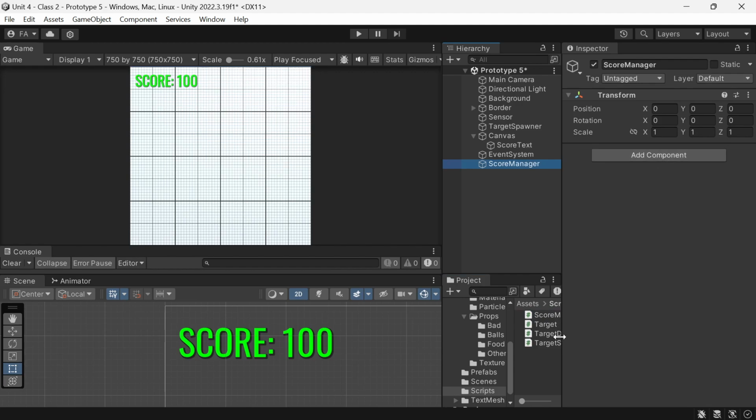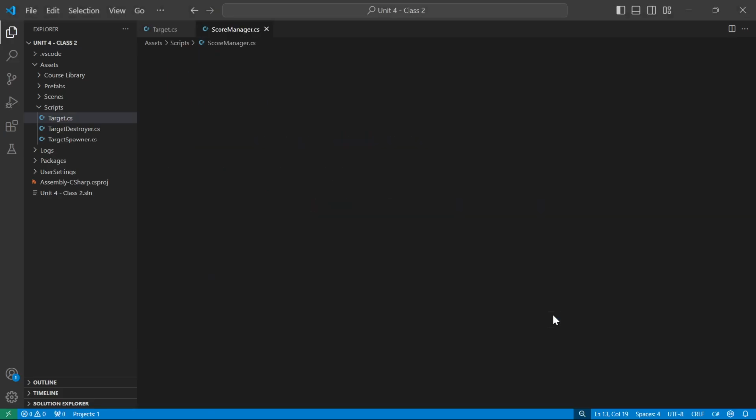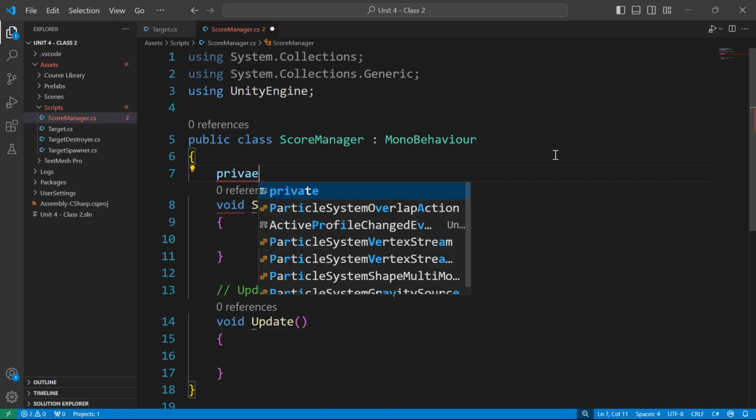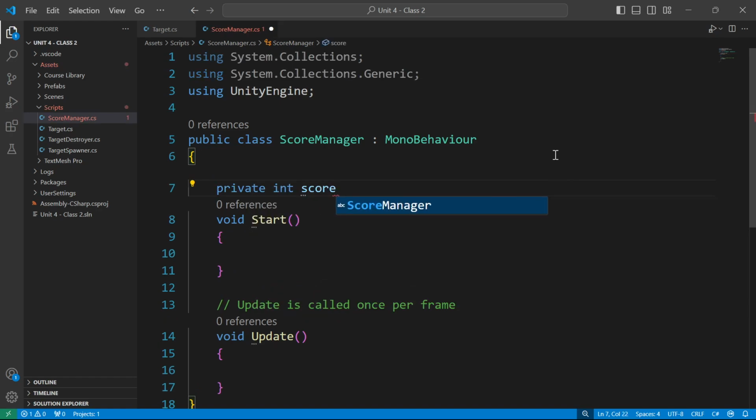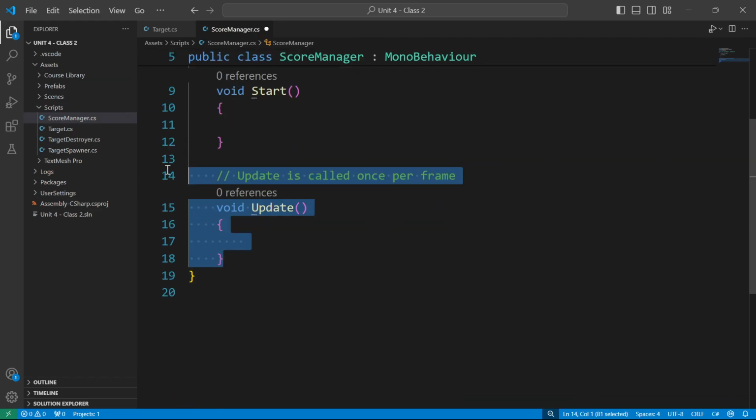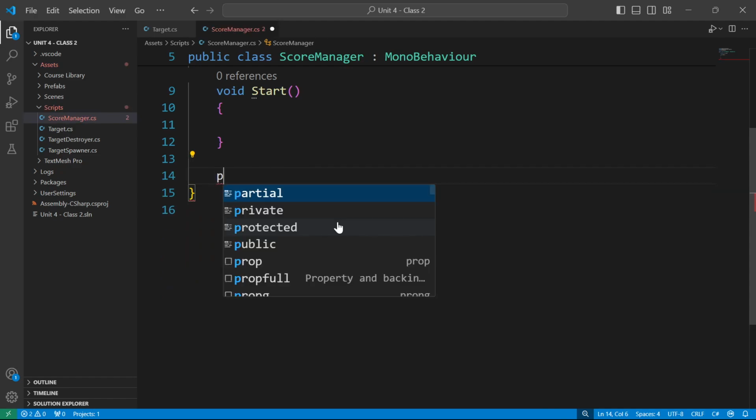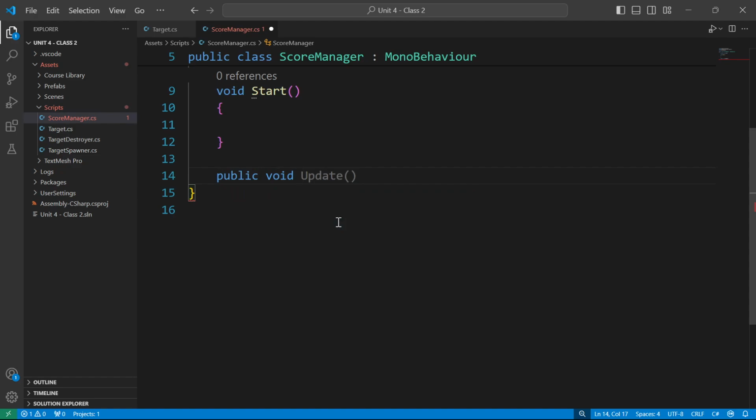So we could add a component here or we could just drag it here. Okay, there, Score Manager. Nothing's happening yet because we haven't coded this. So in the code, we want to keep, of course, a score, right? A private score. And then we don't need Update here actually, so I'll just remove Update. We want a public method, public void,